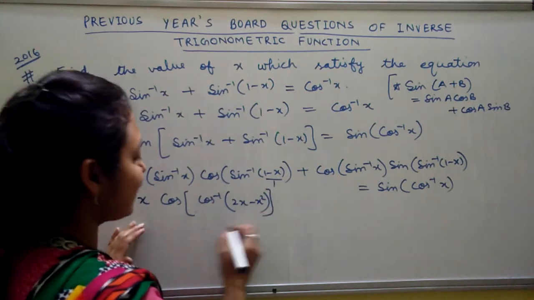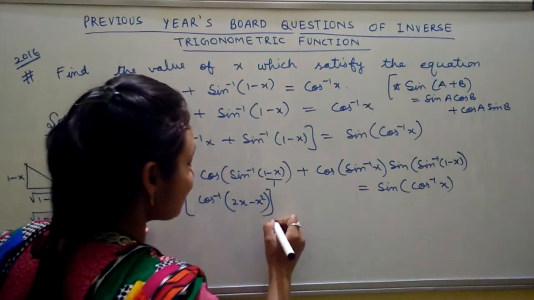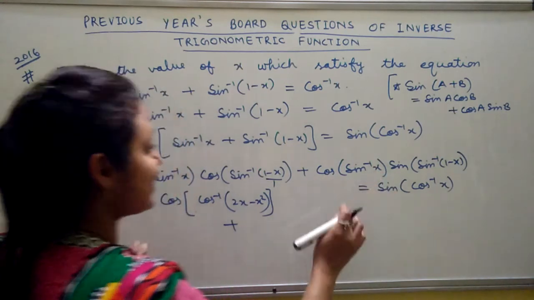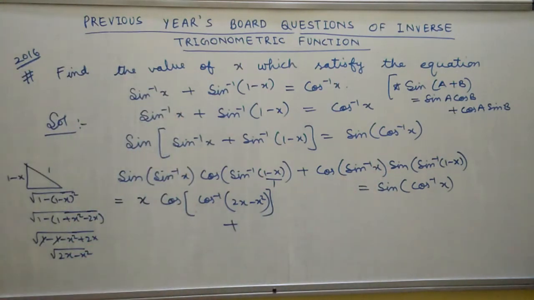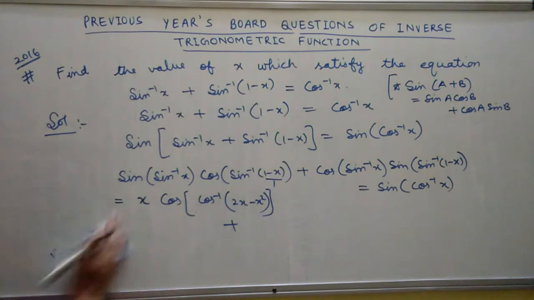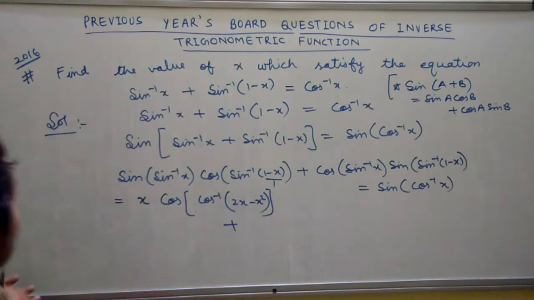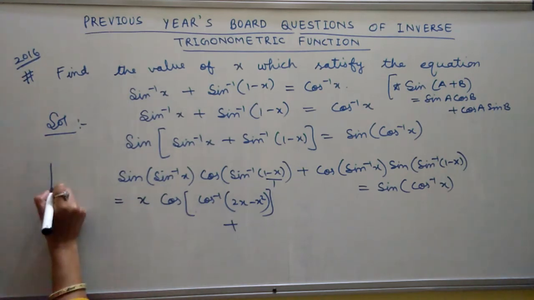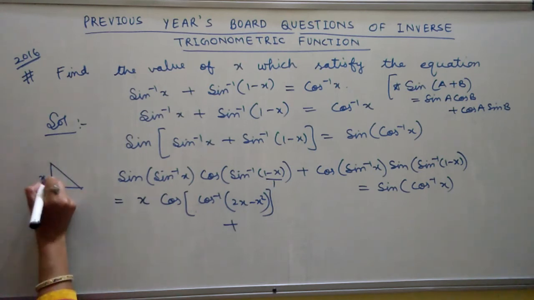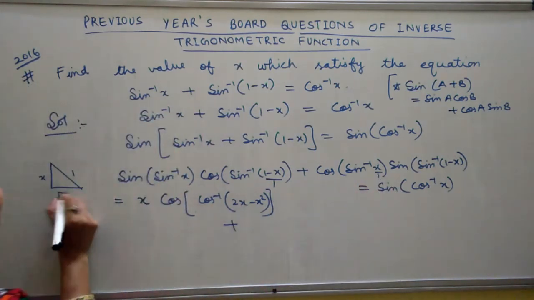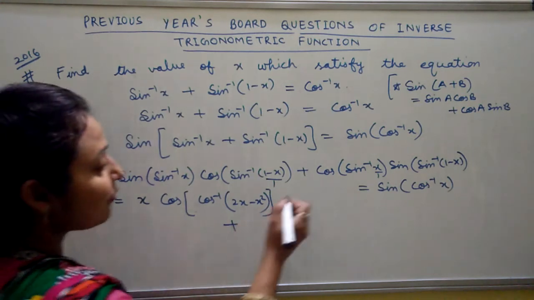Now come to the second term. Second term is plus this and this. There is x on the perpendicular position and hypotenuse is 1. So how we can find out? Hypotenuse is 1 and perpendicular is x. So our value is, this is the perpendicular x and perpendicular upon hypotenuse. So base is 1 minus x square. So I will write